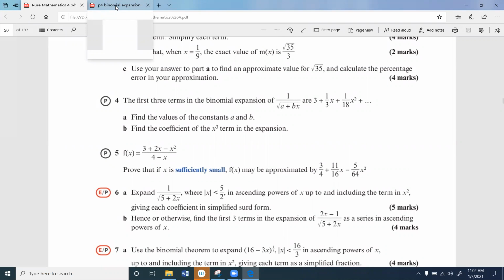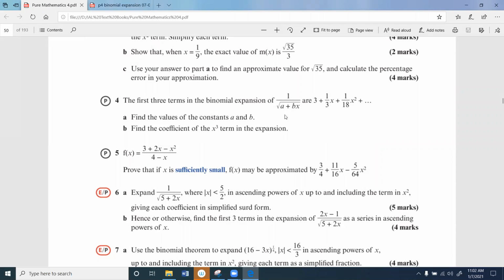The question is given as 1 over the square root of (a plus bx) equals 3 plus 1 over 3x plus 1 over 18 x squared. Find the value for a and b. And the next question is find the coefficient of x cube. So initially, I'll just expand this